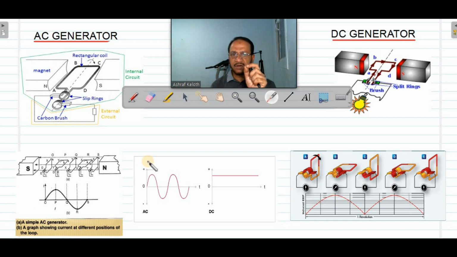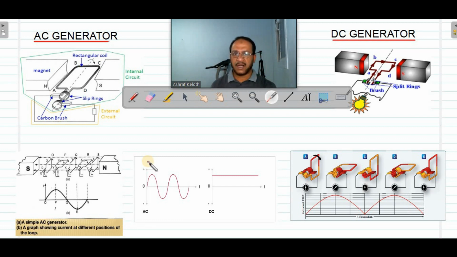If there are electronic parts, an electronic circuit in a device, compulsorily it should be given DC, not AC. Most of the devices in our home need DC, not AC. But we are providing them AC. And why do we provide them AC, not DC? Even though they need DC, we are giving them AC. So inside all the devices, there is a special circuit for converting AC into DC and also to reduce the